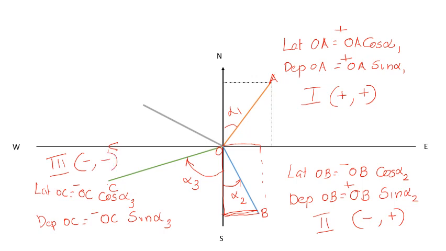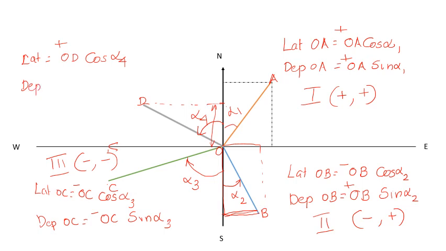Right. Now let us move to the fourth quadrant. We have a line OD in the fourth quadrant. If you are finding the latitude of that line OD, this will be the length, right? This length is in the north direction. So we have to show the angle. The bearing of the line is alpha 4. So what to do? Your latitude is equal to OD cos alpha 4, and that is towards north.